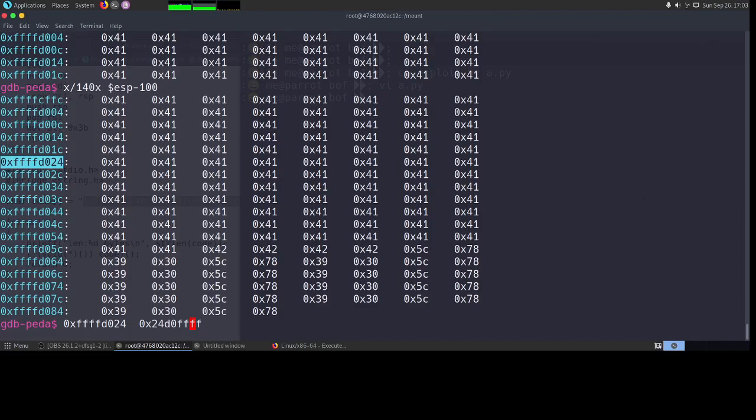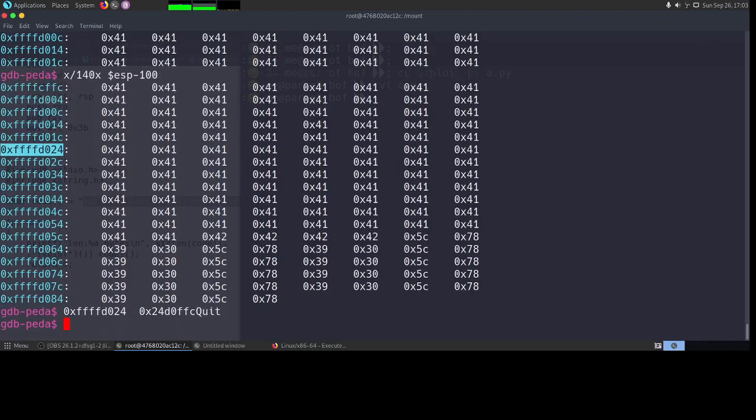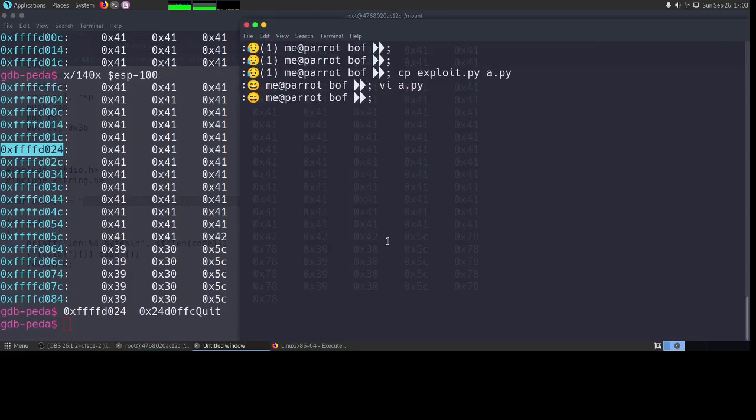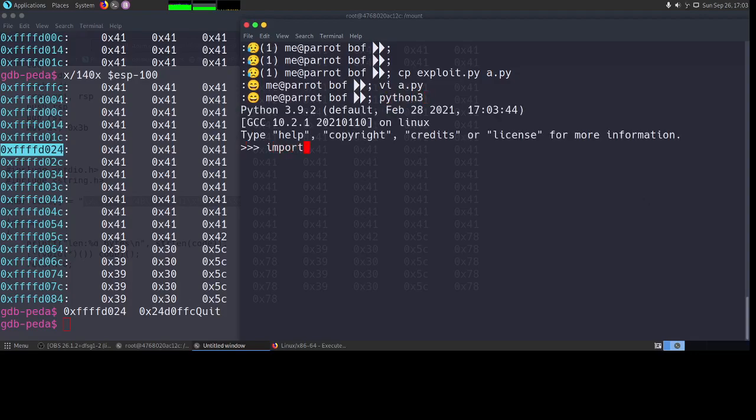Now you can do this manually by hand, but there are always chances that you will miss something. So what you can do is go to Python 3 and import struct. Struct is a module which allows you to do some modifications with byte arrays and a few other things. So I can say struct.pack, and first is the mode.